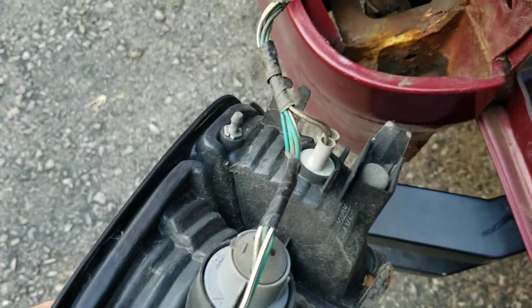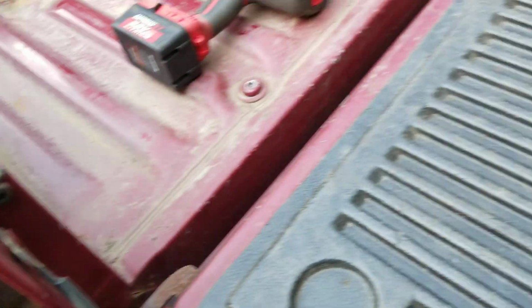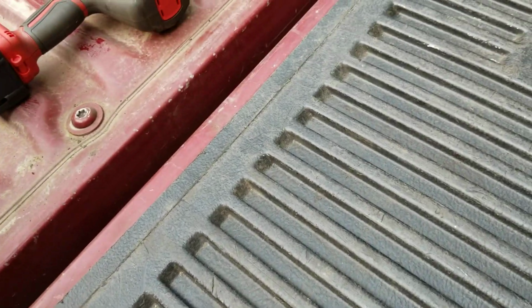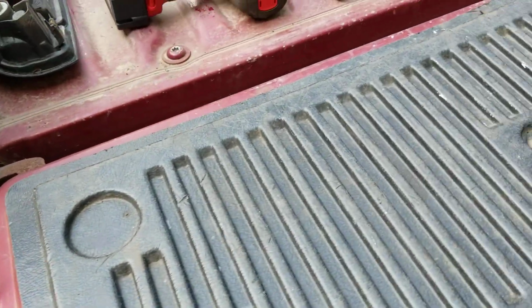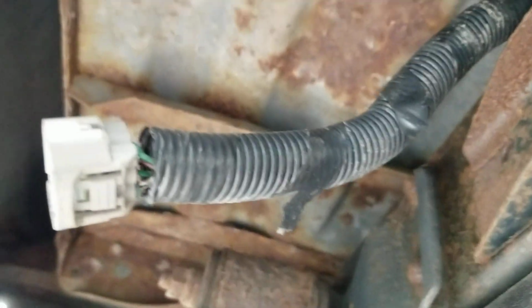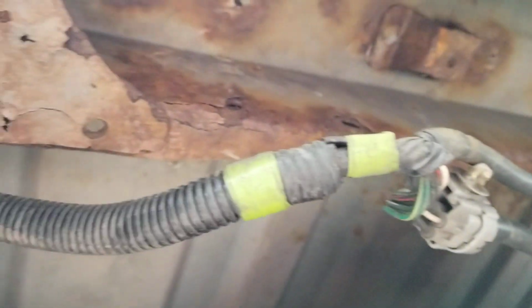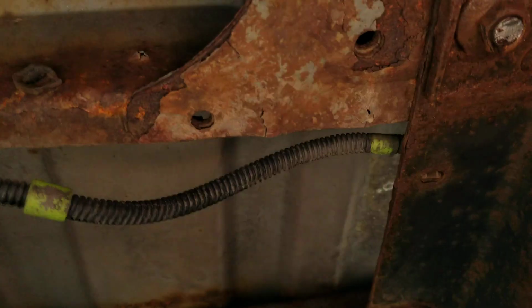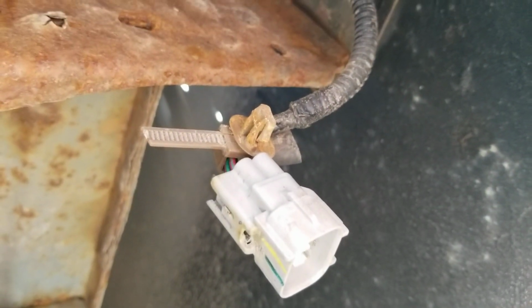Now, you can actually remove this from underneath, very easy, which I'm going to do because I'm replacing the bed. So let's take a look underneath real quick, and we're going to look at some of the plugs. Let's see here. There's clips that you need to remove. You can see 1, 2, I think there's 3, 4, and 5. Now over here you can see that this is the harness from the light,